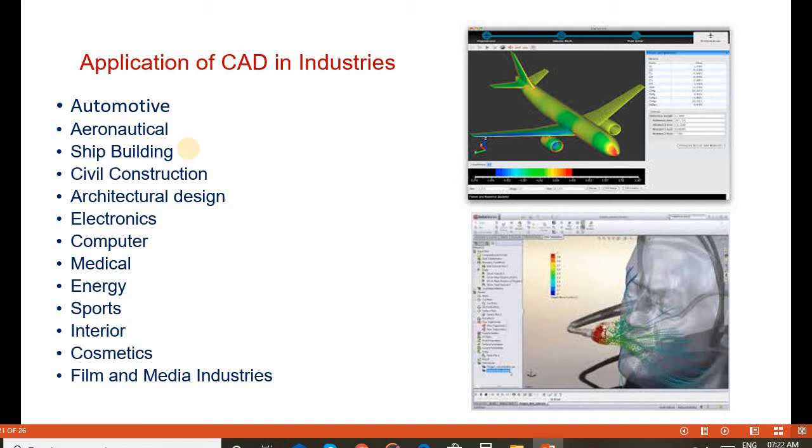Similarly, in aeronautical, it helps to design various passenger flights, space flights, fighter aircrafts, and so on. And in shipbuilding, various types of ships, boats, and ship components; we can use CAD systems to design boats.